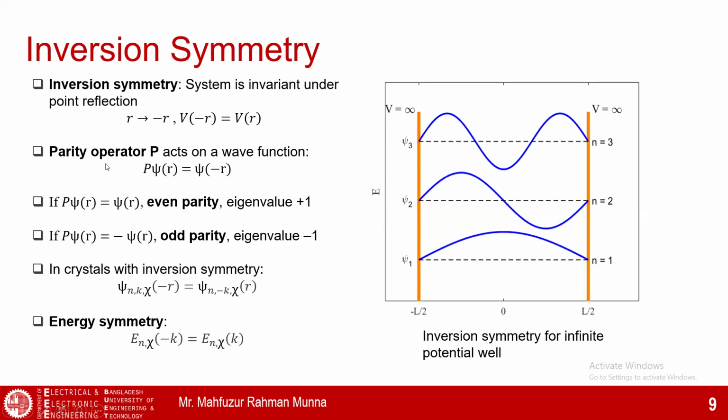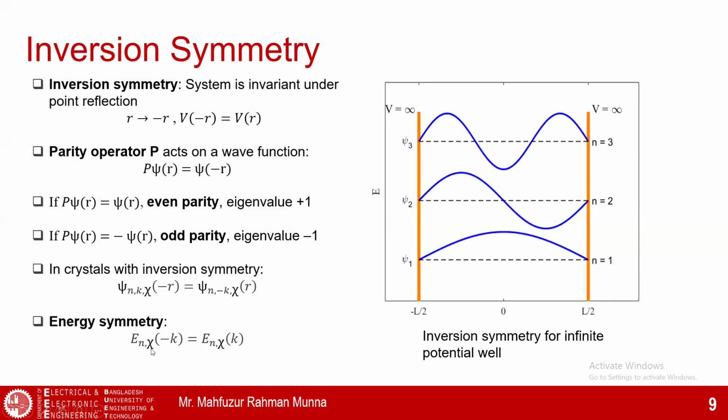Now there is an operator associated with inversion symmetry, which is called the parity operator. And if the parity operator P operates on a wave function psi, and we get the same wave function, then we will say that there is even parity, for which the eigenvalue is +1. On the other hand, if we get negative of psi, we will say that we now have odd parity with eigenvalue of -1. Now, the most important aspect that we can see in band structure is that if in a system there is inversion symmetry,